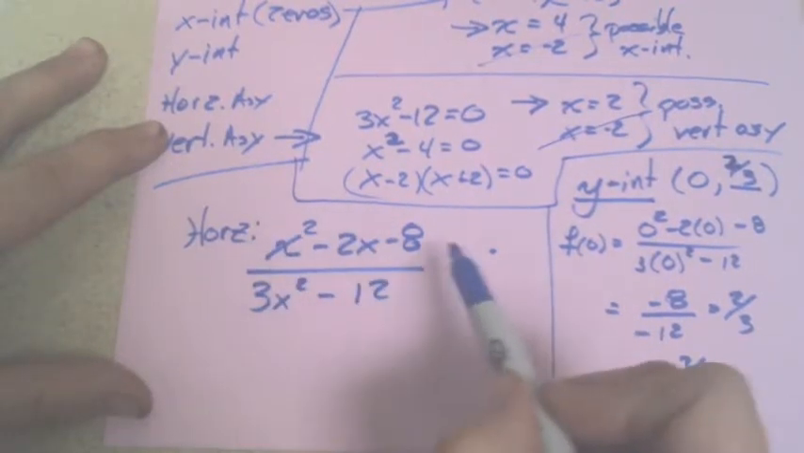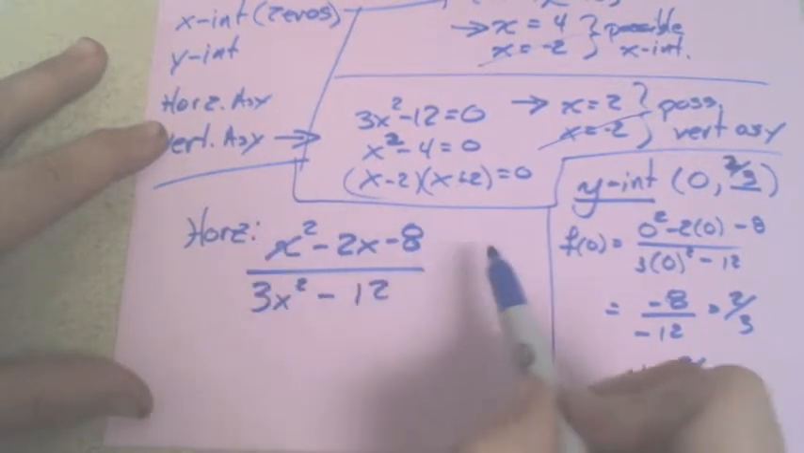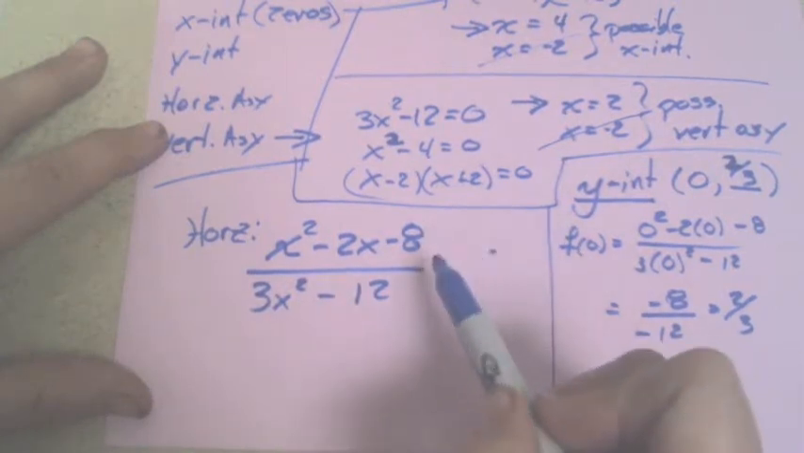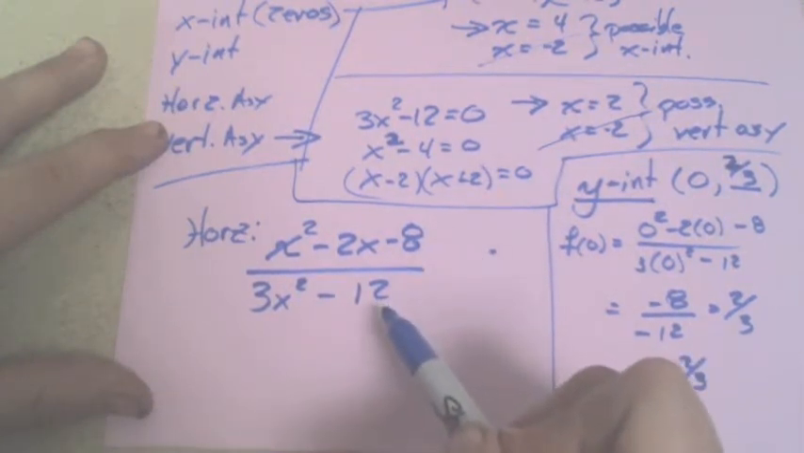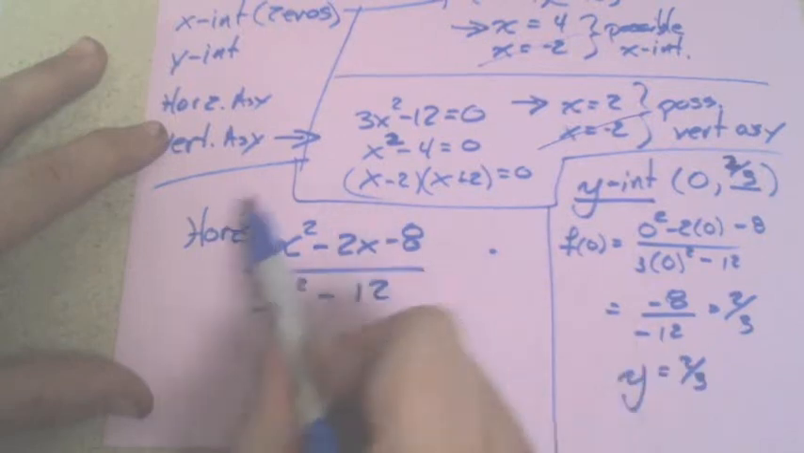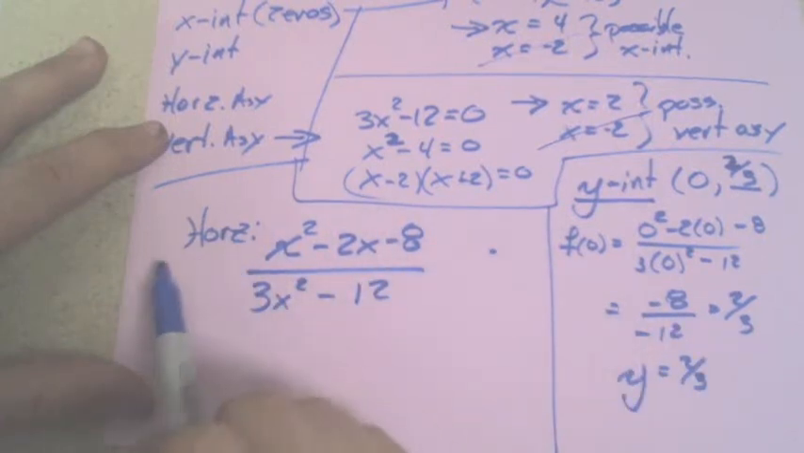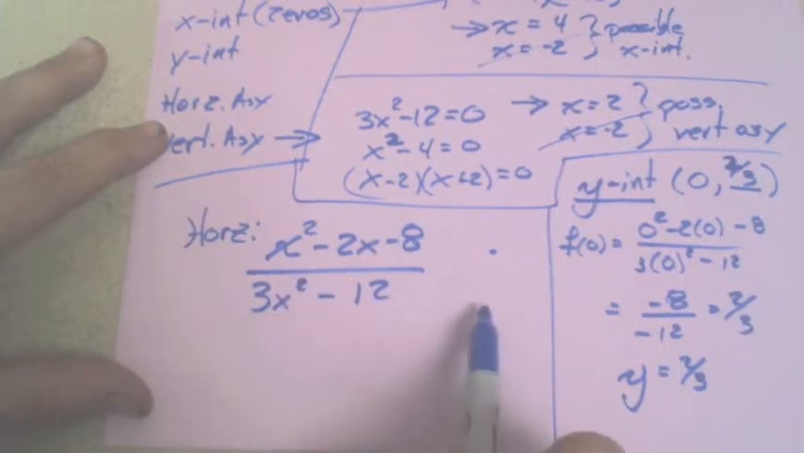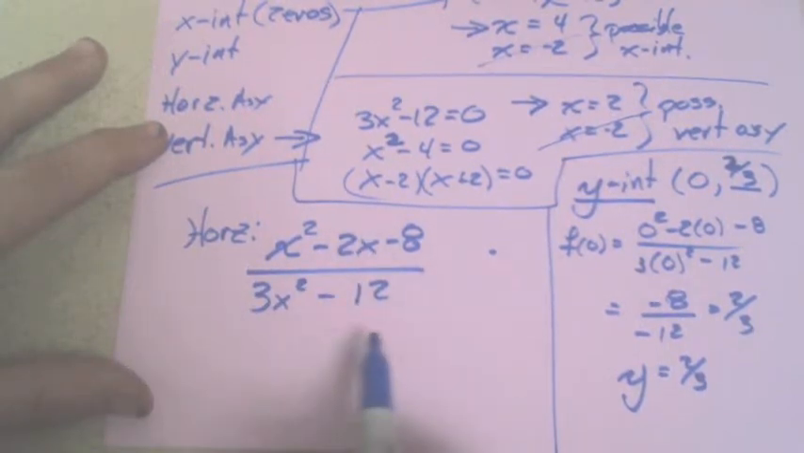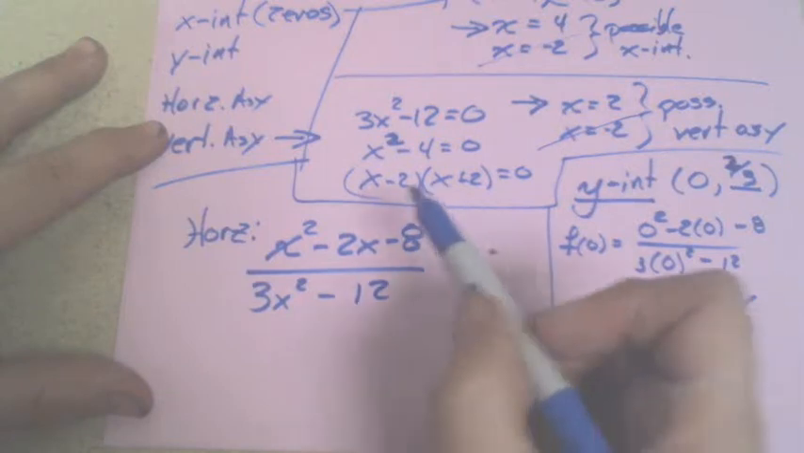If the top is more powerful, it's eventually going to become so large that dividing it by something really isn't going to keep it smaller. So if the top is more powerful, you don't have any horizontal asymptotes. It never levels off. If the bottom is more powerful, has a higher degree, then eventually this numerator is going